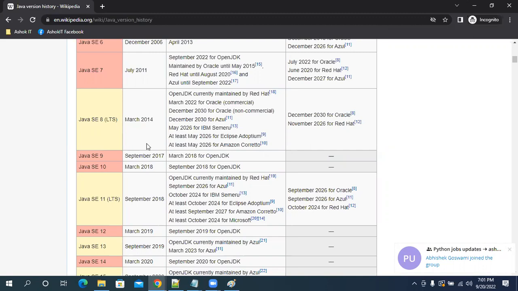Even in my project we are using Java 1.8. Some companies have upgraded to Java 11.